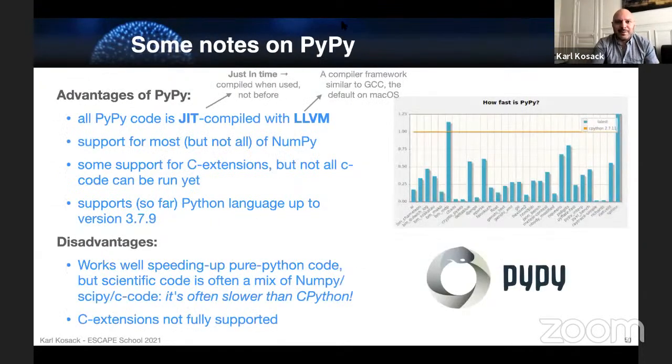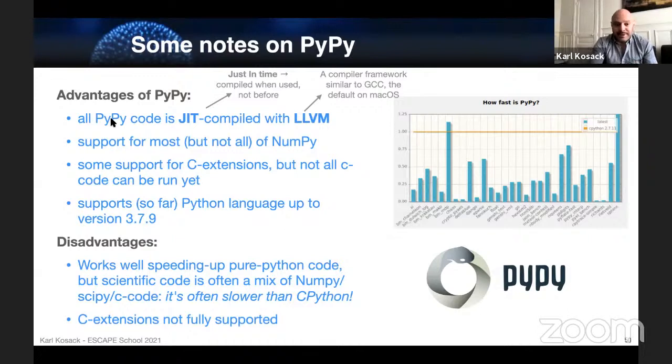I want to make a comment on this PyPy that I mentioned. The idea of PyPy is to take all of Python code and do just-in-time compiling with LLVM. And that might sound familiar to you, because we're going to talk about Numba in a bit, and I think Thomas Gall introduced this in one of his lectures earlier, that we have this thing called Numba, and you can JIT compile certain parts of your code. Why not? And I think somebody asked it even in the Slack last week, why don't we just JIT compile everything in Python? Well, PyPy is an effort to do exactly that.